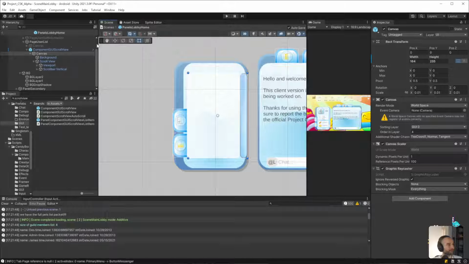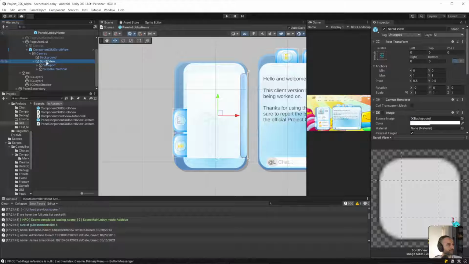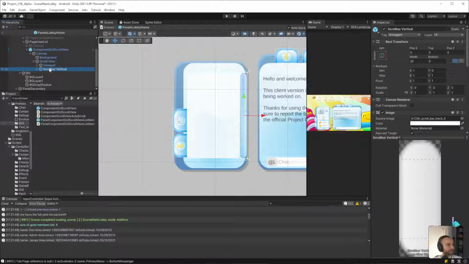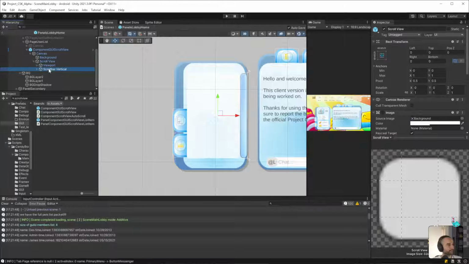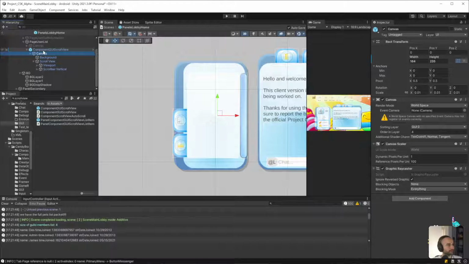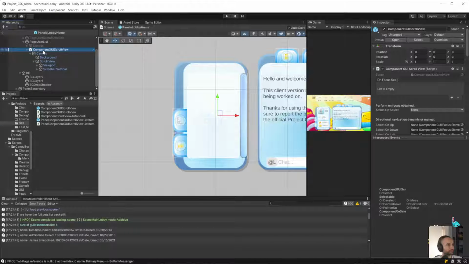Now this is off. Do I have any offsets? Doesn't look like it. No. It should be perfectly centered.